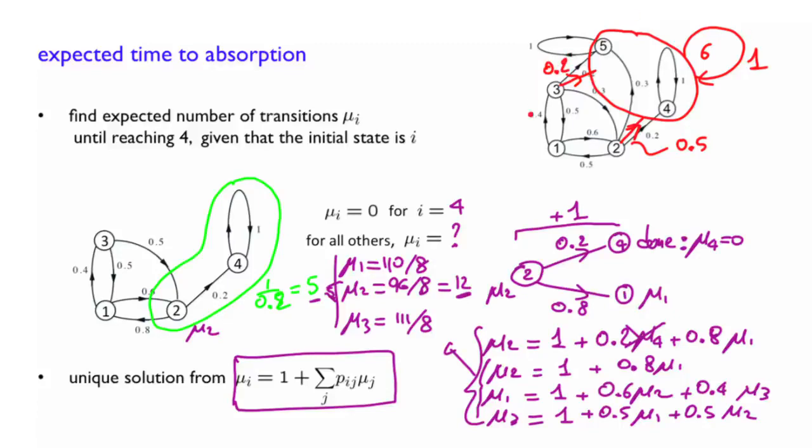Now you go back, if you look at the situation now, it's very close to the one that we had here. Right? So this 4 that you have here is this 6. Now, of course, you have another arc here like that, but that's fine. You can still add the arc here and put it as 0.2, and then you reduce this one to 0.3 to make it coherent here. But the idea on how to solve that is identical to this one. You would have to change a little bit of this, but this is the same technique. So in the end, we have seen a technique to find the expected time to absorptions whenever you have absorbing states in a given Markov chain.